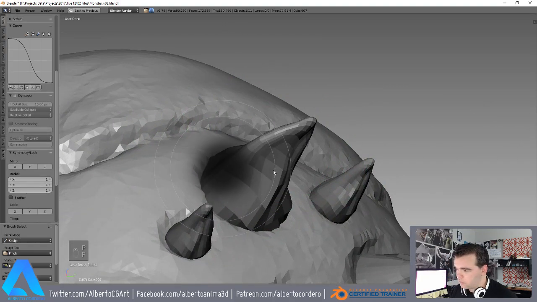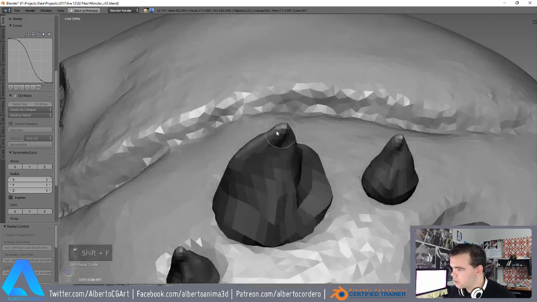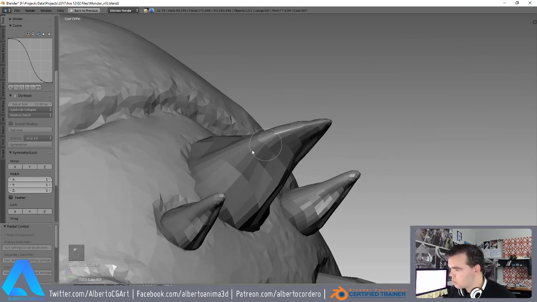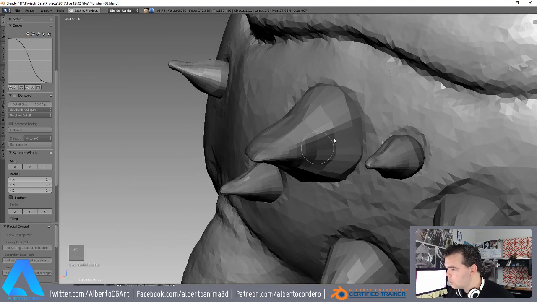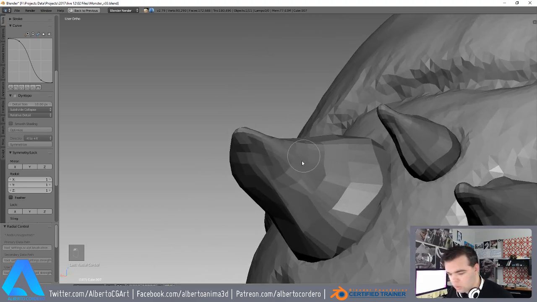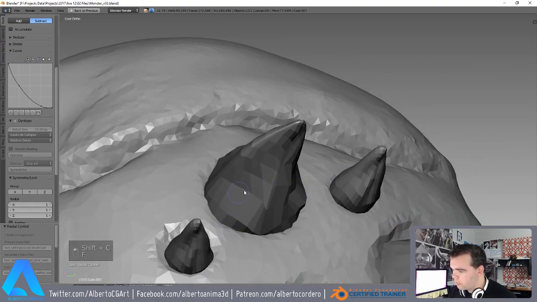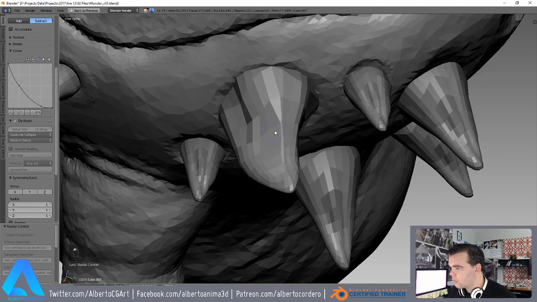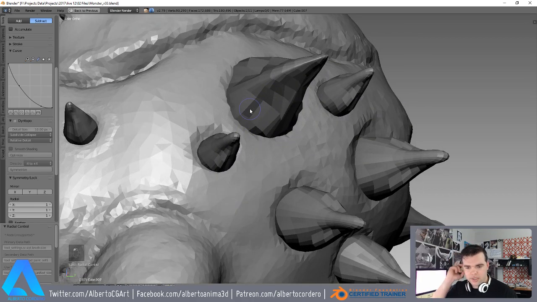And let me go for pinch and like this. I don't want to add any subdivisions, any dynamic topology stuff because